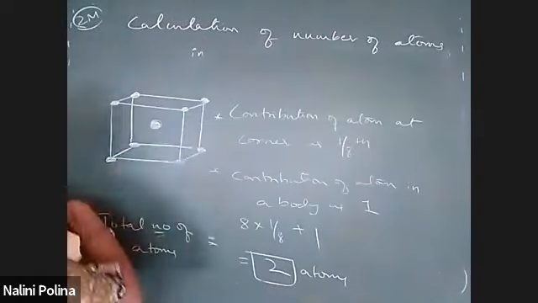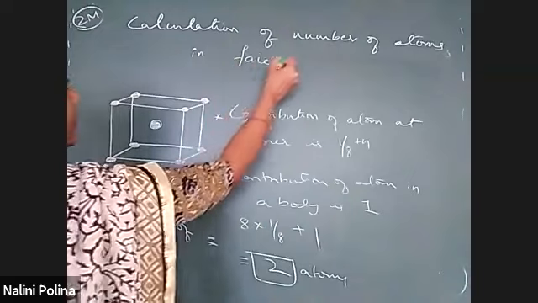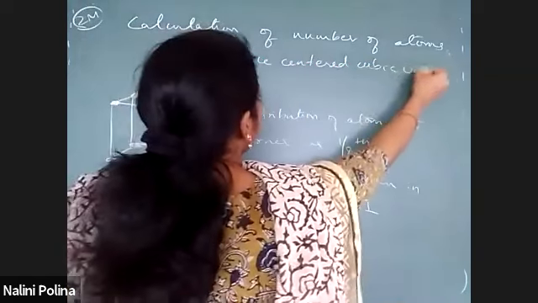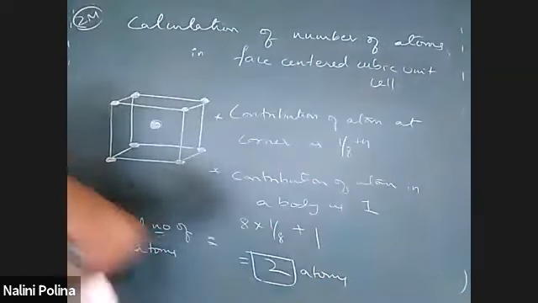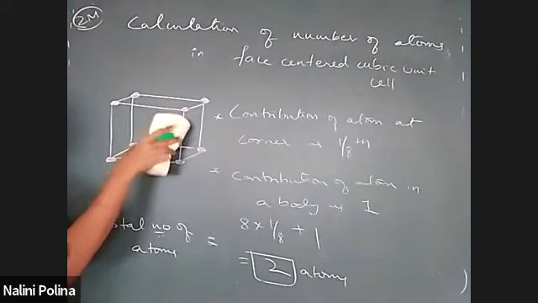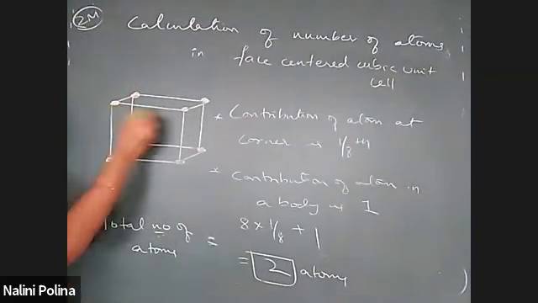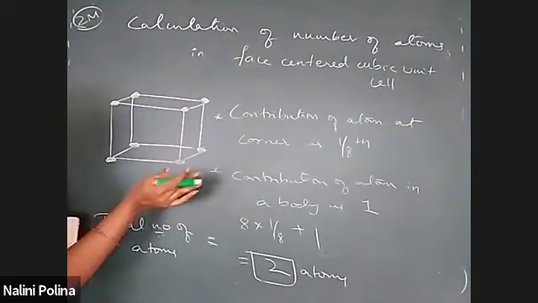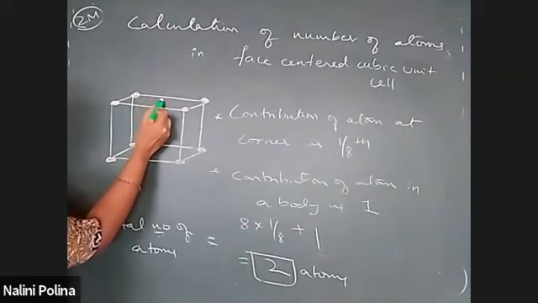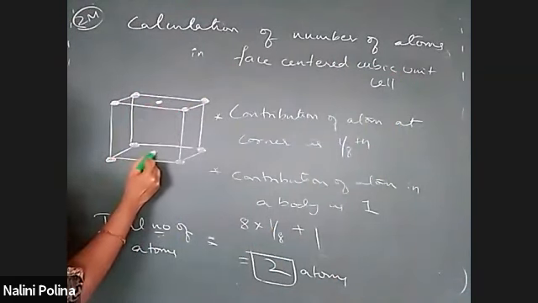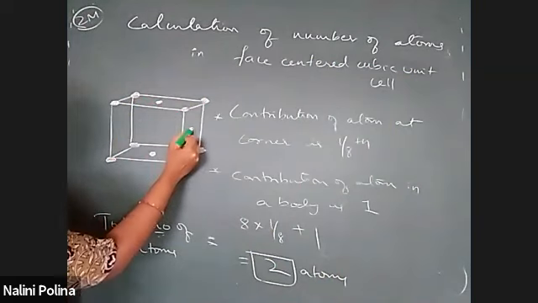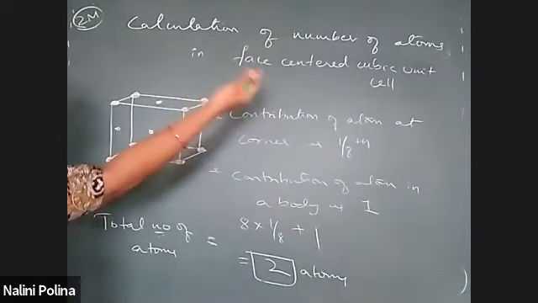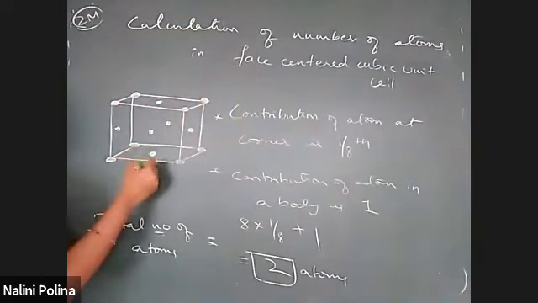And now we will talk about face centered cubic unit cell. Okay, so face centered cubic unit cell, how to draw? You have 8 atoms on 8 corners, and then how many faces are there in a cube? Yesterday we discussed it's 6 faces, right? So this is one face, one atom on a face. Second face, atom on a face. Third face, fourth face, front. Fifth face, back side, which you cannot see, that is 6. Okay, 6 faces, 6 atoms.